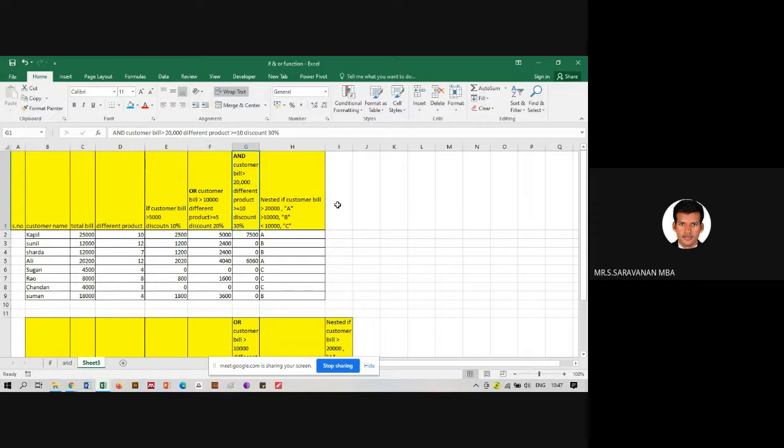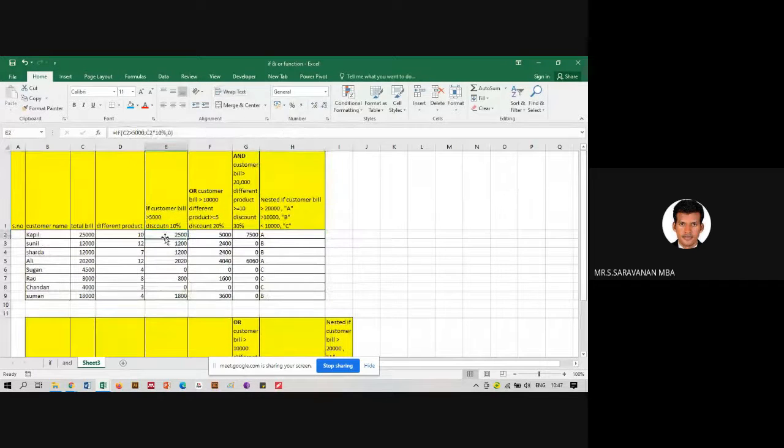Third option is AND function. If they have purchased more than 20,000 and product is about 10, give them 30% discount. And we want to find out who is an A category customer, B category customer, and C category customer.